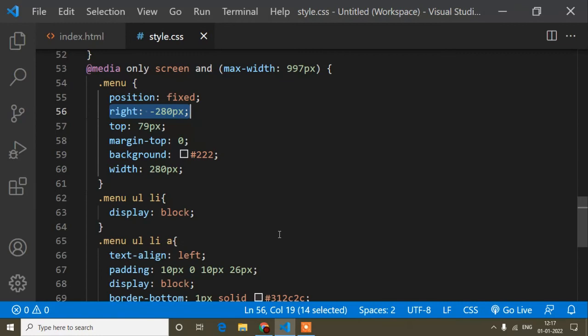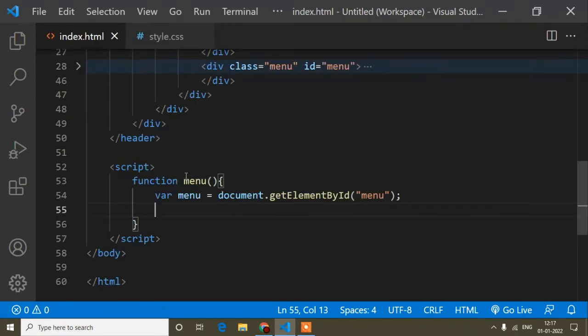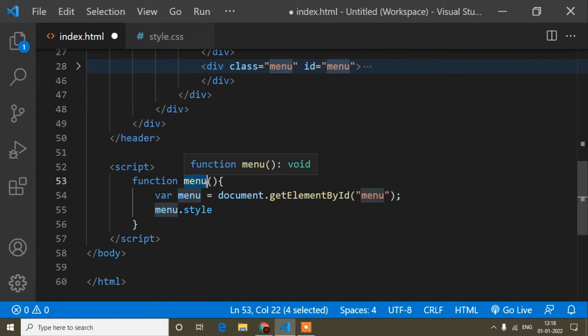So what I will do, when I click this menu, I will write menu.style, and guys, this function name I will change. Instead of menu I will write a different name, otherwise everything is coming as menu and you may get confused. So here I will write menuOpen. Okay, it's more clear, menuOpen.